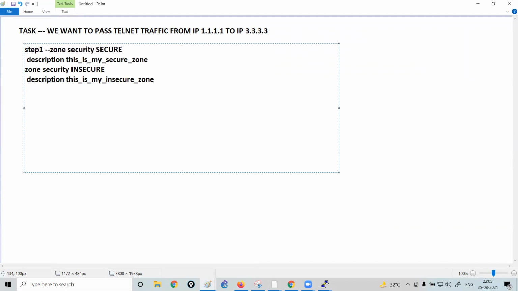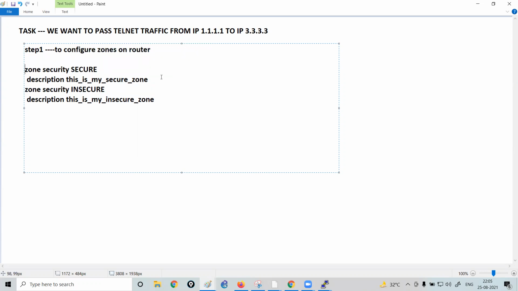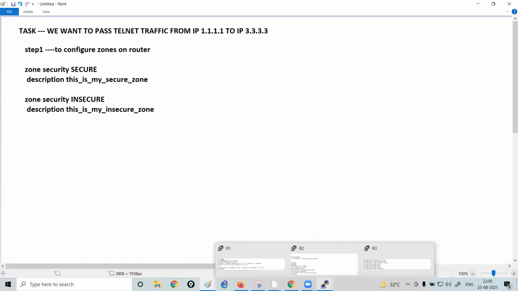So that's your step 1 to configure zones on router, and these are the commands. Done. Now we will talk about the step 2 on the router.